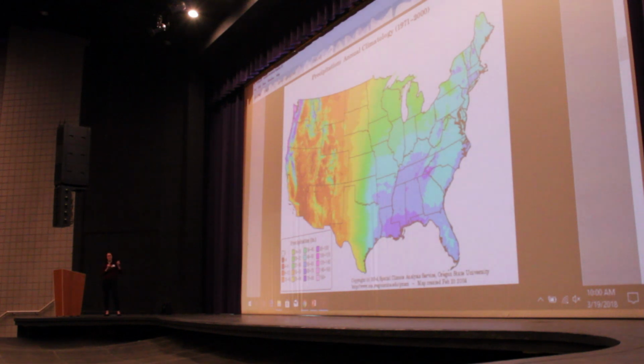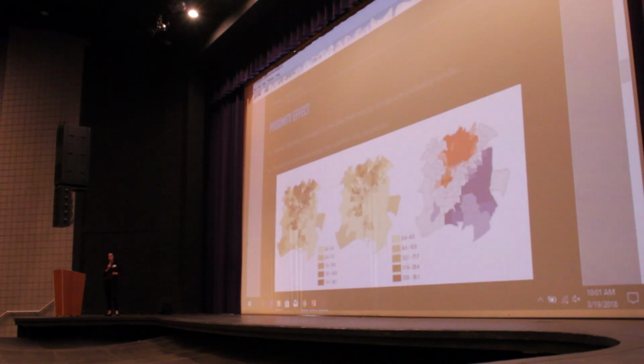We can see that in the mountains and the desert, there's less precipitation. You can confirm your idea that there might be some physical factors that influence some variable. Whereas in the Gulf region, you see more precipitation, which I think is kind of confirmed by common sense. So what we're doing in spatial statistics is including something called a proximity effect. And again, that's just the impact of a nearness factor on an observed phenomenon.